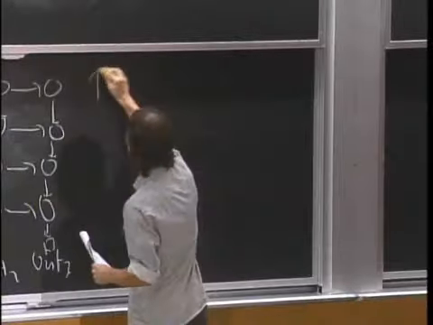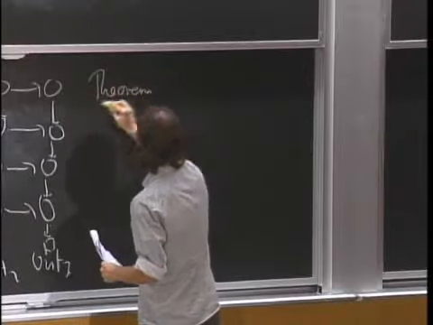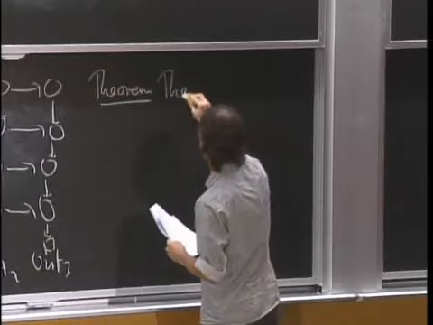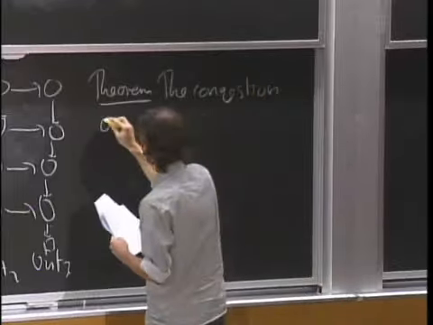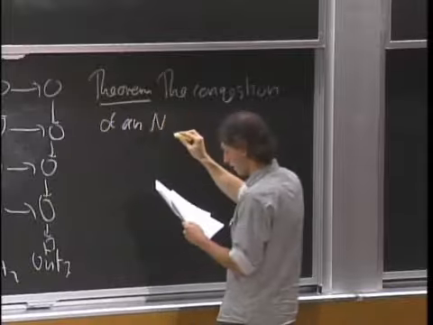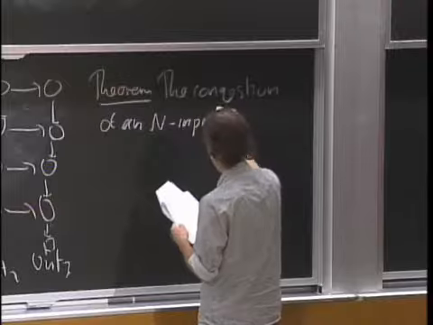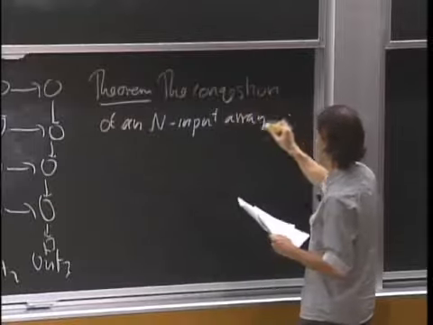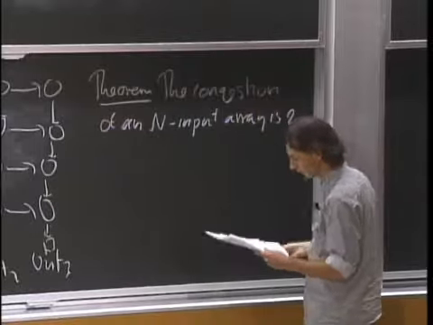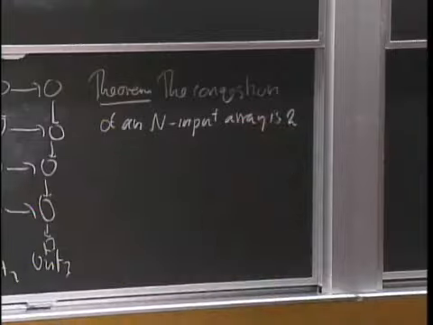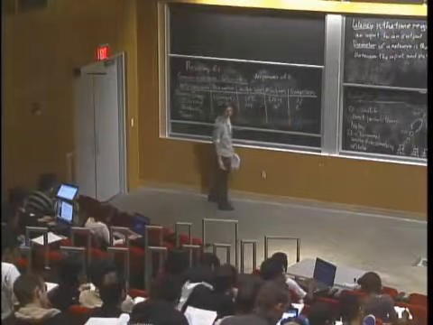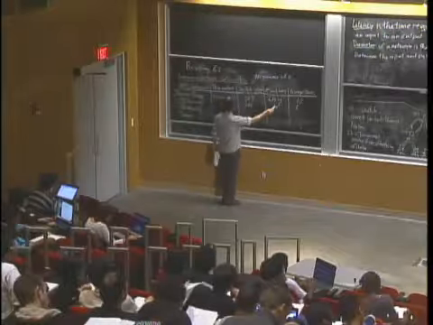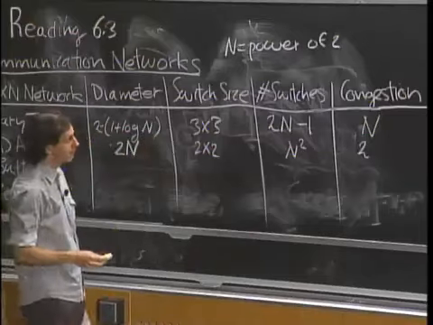We will show that the congestion of an n-input array is actually equal to 2. So that's great. I'll prove it in a moment, but that looks really fantastic. It's way better than the binary tree. Now this is really not so good, and this is also much larger, but still,